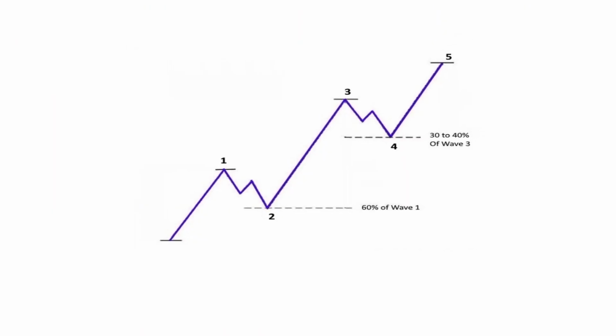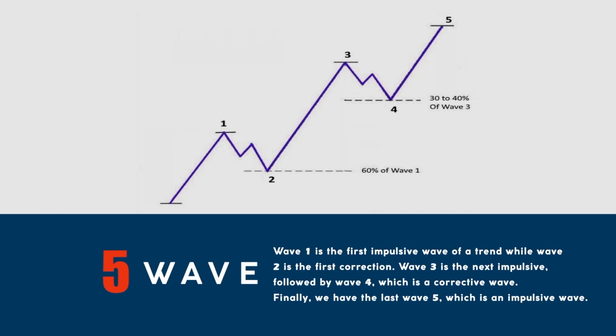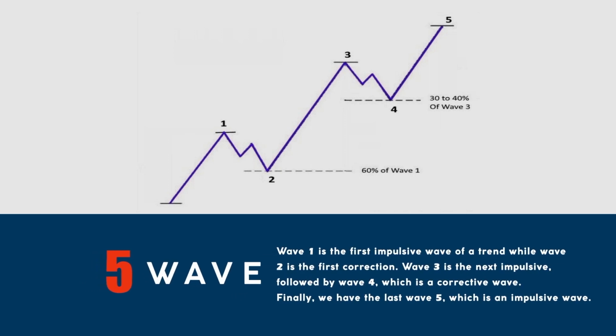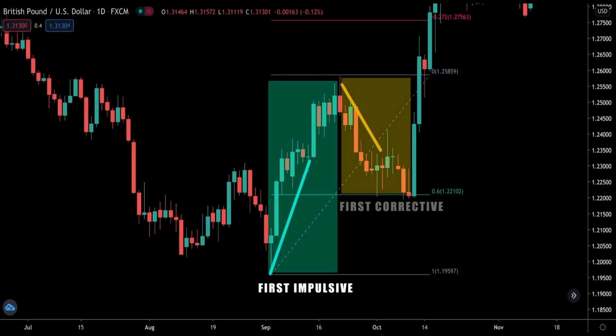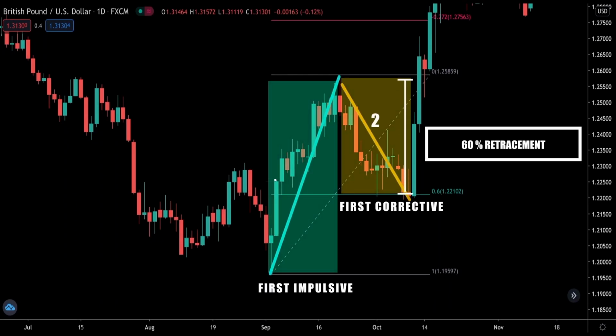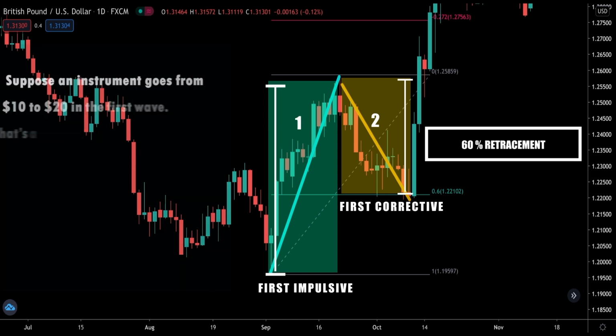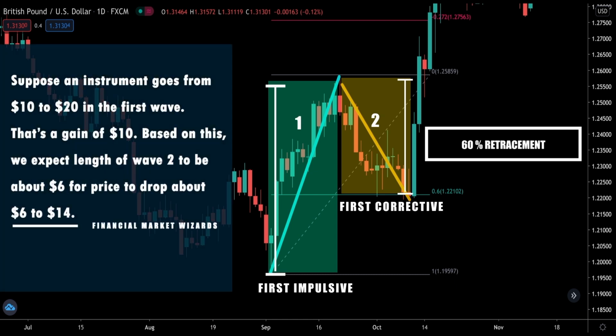Based on the 5-wave pattern, wave 1 is the first impulsive wave of a trend, while wave 2 is the first correction. Wave 3 is the next impulsive, followed by wave 4, which is a corrective wave. Finally, we have the last wave 5, which is an impulsive wave. Based on Nelson, he found that wave 2 is typically about 60% of the length of wave 1. Suppose an instrument goes from $10 to $20 in the first wave. That's a gain of $10. Based on this, we can expect wave 2 to be about $6, essentially for the price to drop about $6